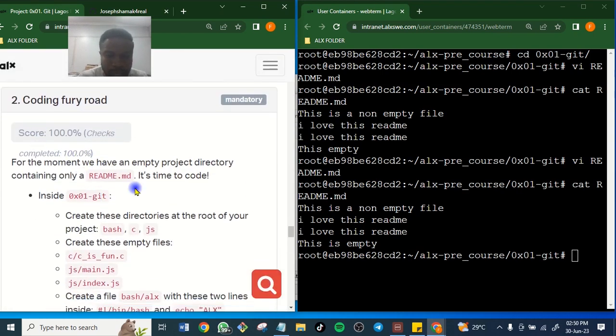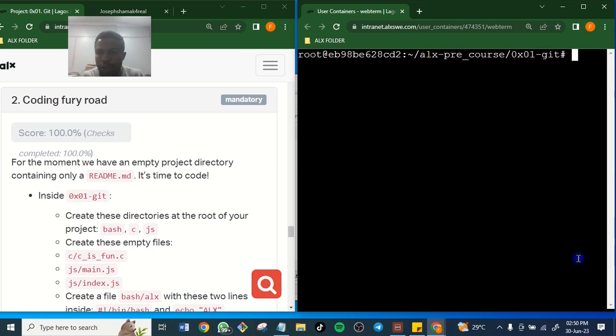Here now, let me clear this screen from trash. Clear. Now what we are being asked to do here is, for the moment, we have an empty project directory containing only readme.md.